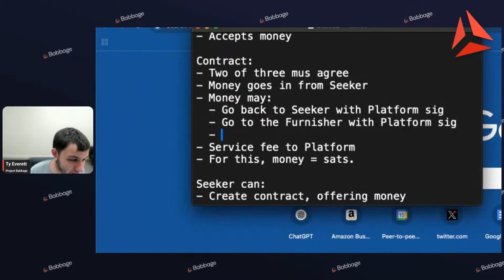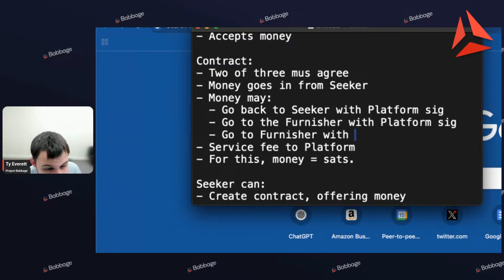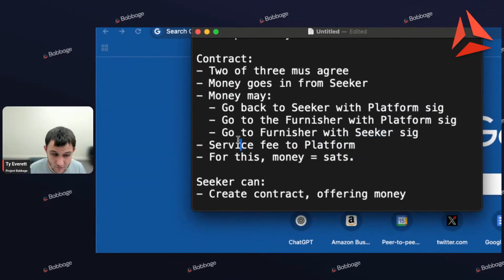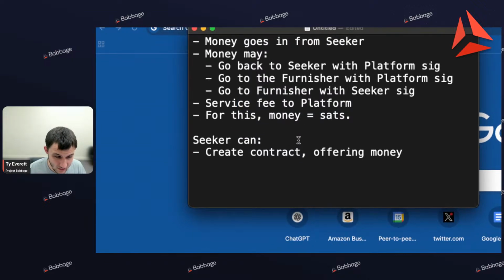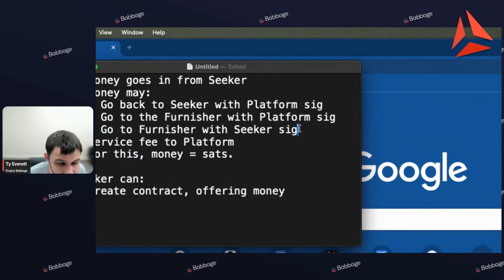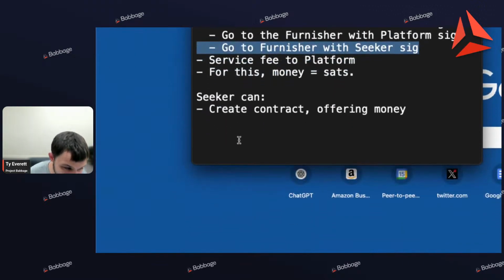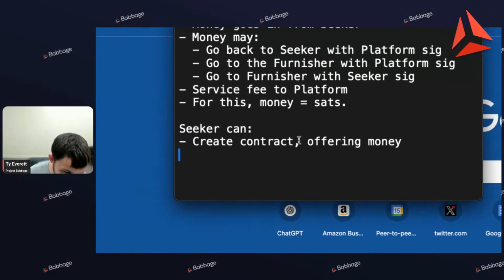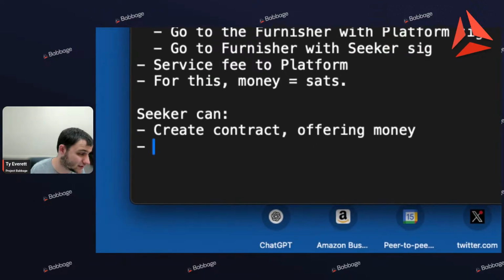Actually, we forgot a very important thing up here. If the seeker and the furnisher are okay, then they don't need to involve the platform, right? So as a seeker of services, I can create a contract offering money,